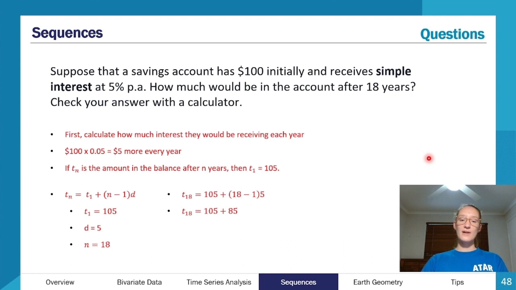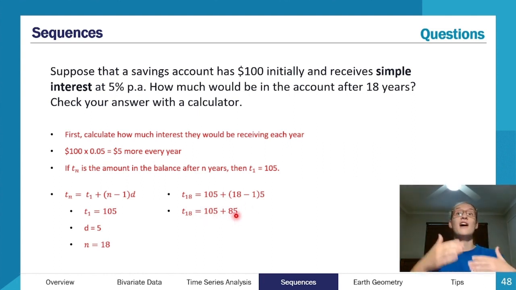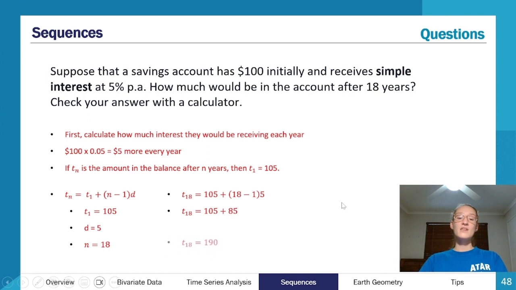So now we have, in essence, 105 plus 85, which if we break down, it actually makes sense how our rule is working, because this is after 1 year. So this is our original amount plus 1 year of simple interest. And this here, 17 times 5, that's saying, well, what if I added $5 an extra 17 times? So that's how I've got my 18 years worth of interest. My $100 is my principal amount. This $5 is how much after 1 year. And then this amount is how much after an extra 17 years, which gives us our final amount of $190,